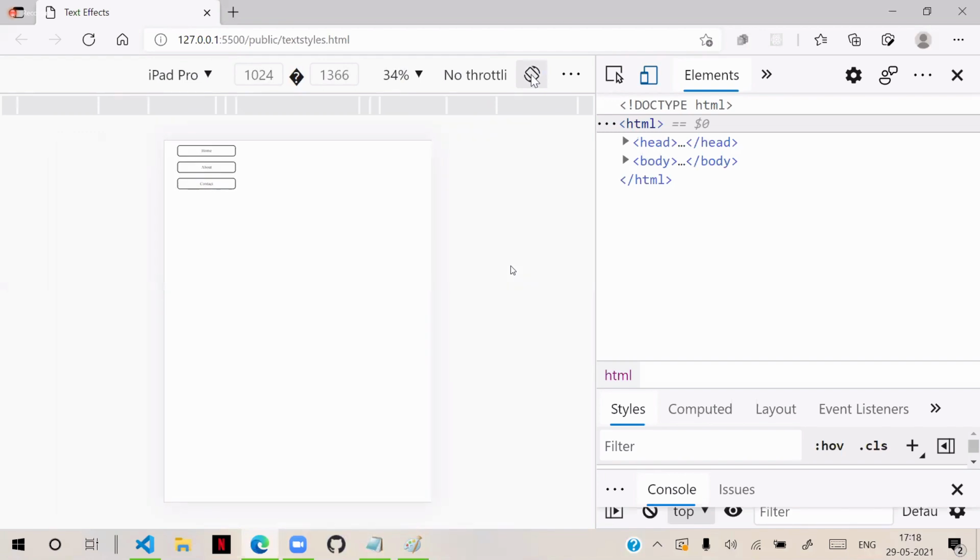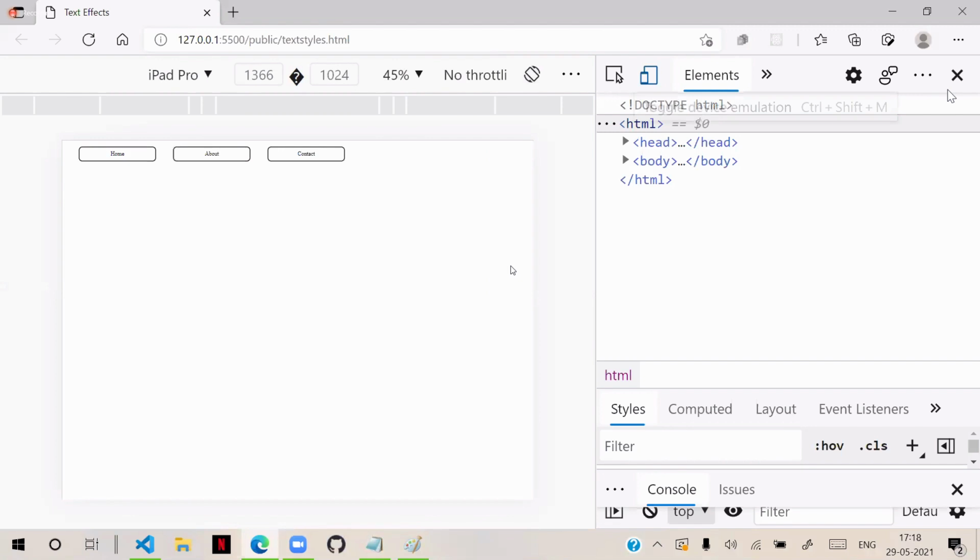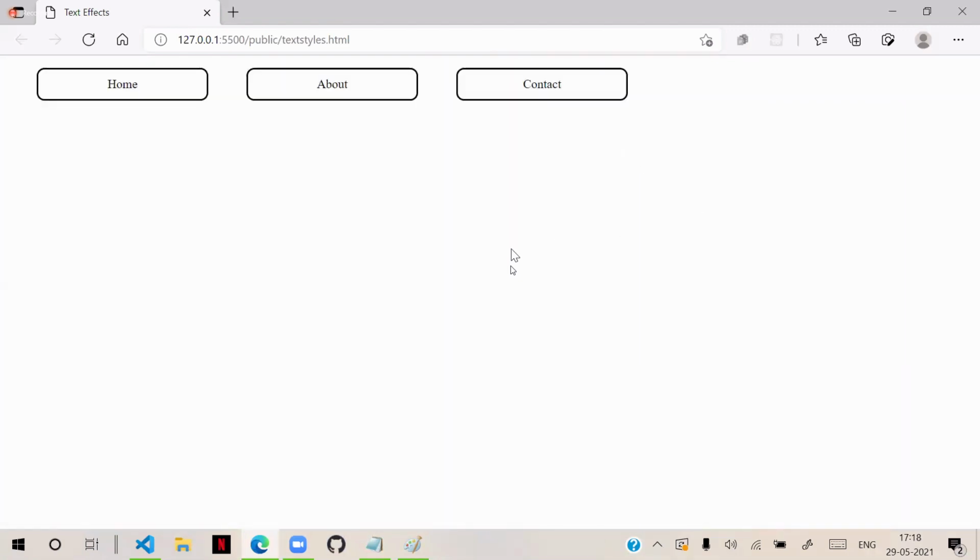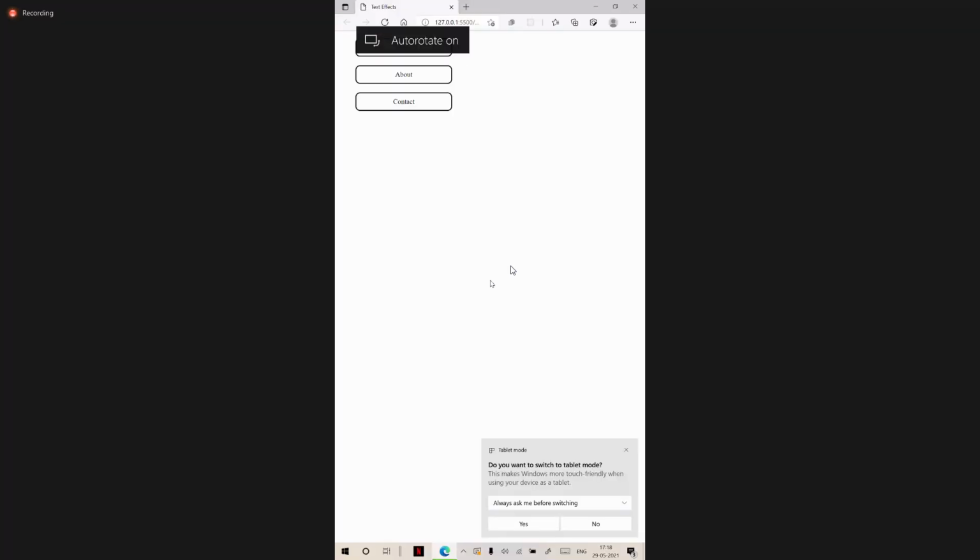In portrait, one below another. In landscape, one beside another. If you are watching on a mobile and you are rotating your mobile, it will change that appearance. Even on my laptop here, if I change the orientation to portrait, it will come like this. So it rotates in this way. And again, when I change the orientation, it will display in this way. That means it changes with the orientation of the device, and according to that orientation, it will apply.